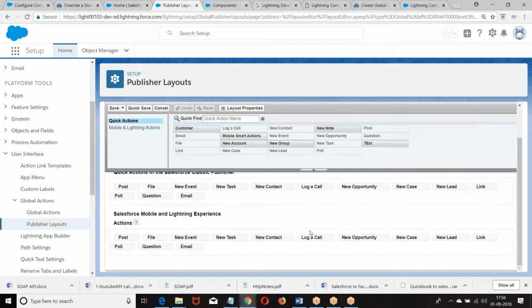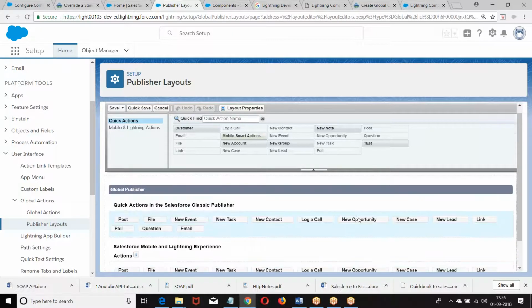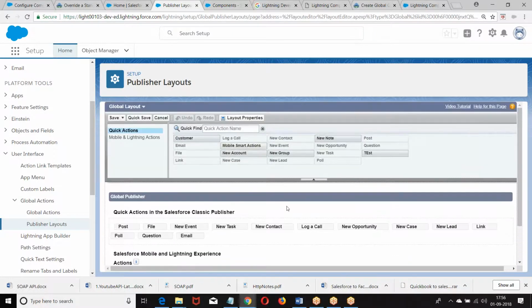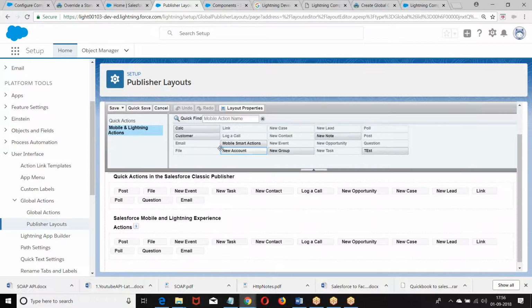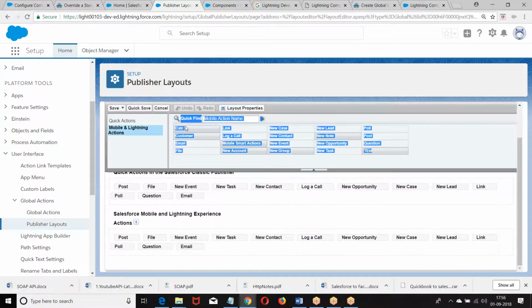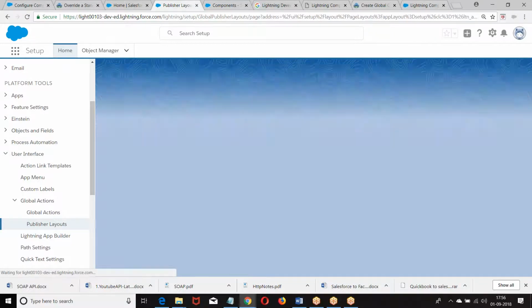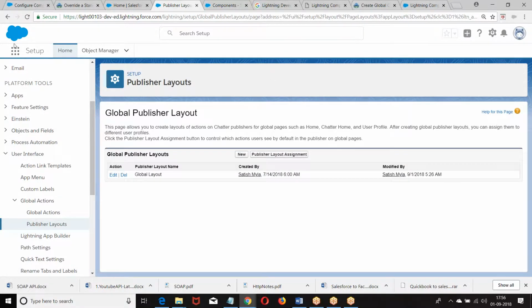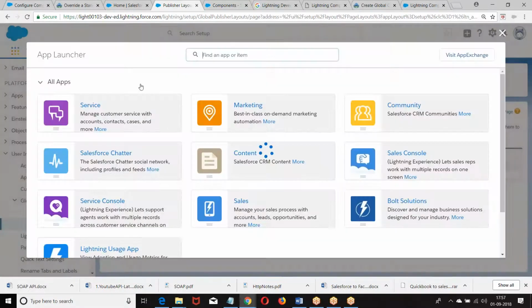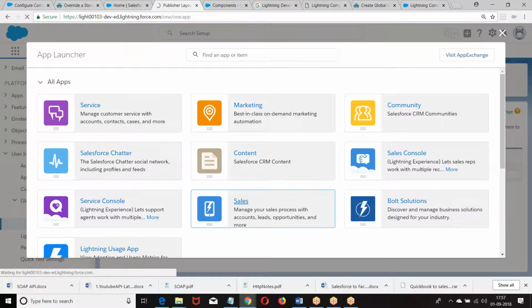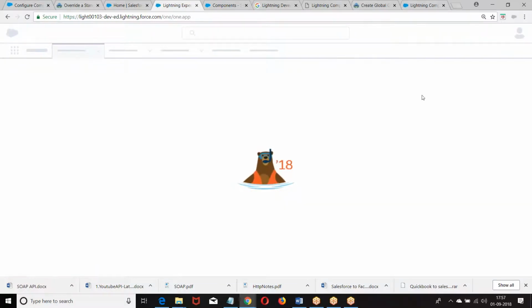It was our action. It is not yet added, Satish. Yes. Now we moved it. I created the action, but I have not published it.